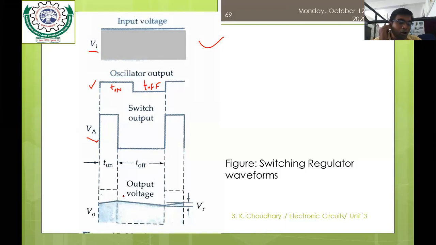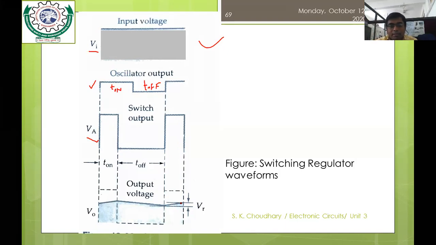And when it goes into the off condition, the polarity of the inductor would be reversed, and whatever charge or current was stored in the inductor would start to discharge through the capacitor circuit, and slowly it would come back to its reference level, and this process goes on. The difference between this reference level and the peak value of the output voltage is called the ripple voltage. So ripple voltage is generated because of the charging and discharging of the capacitor via the inductor.